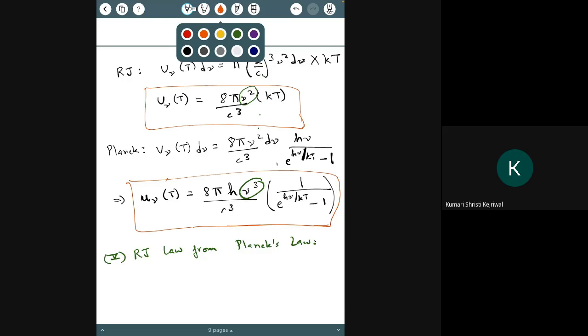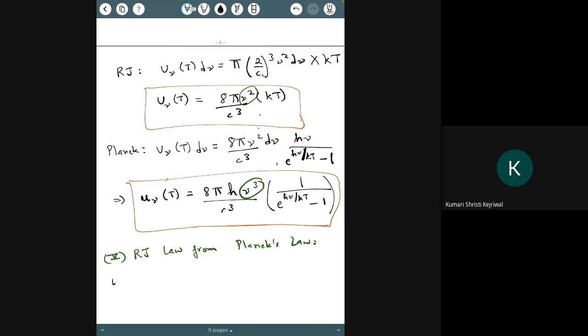Maybe you can do that for an assignment, or I can also work it out if you like. So we'll see how Planck's law fits in with other experimental observations. Let's see when it becomes the Rayleigh-Jeans law. Then we'll see how it gives us Wien's law. So the limit for getting the Rayleigh-Jeans law from Planck's law is when